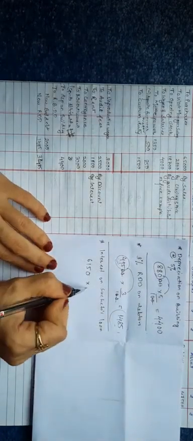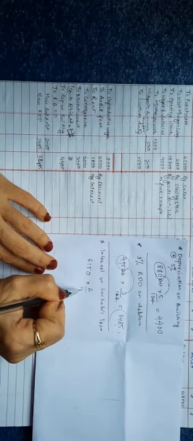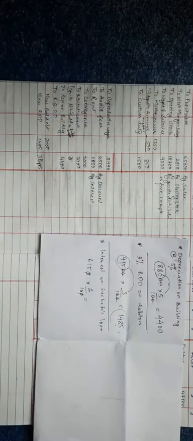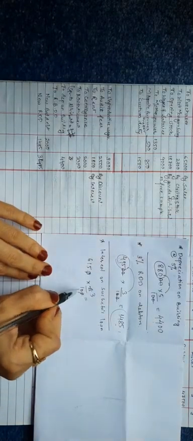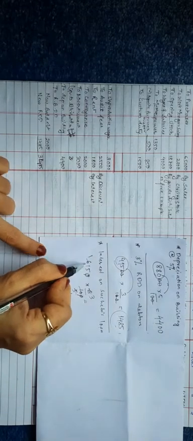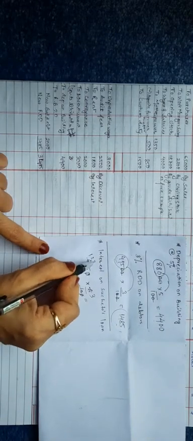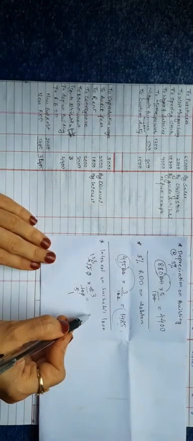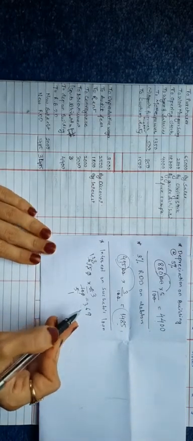The amount of loan is 6,150. So the interest on Sucheta's loan is the amount into 6%, 6 upon 100. Cancel this 0, this 0. 2 3s are 6, 2 5s are 10, 5 1s are 5, 5 2s are 10, 5 3s are 15. Now 123 into 3. The answer will be 369.